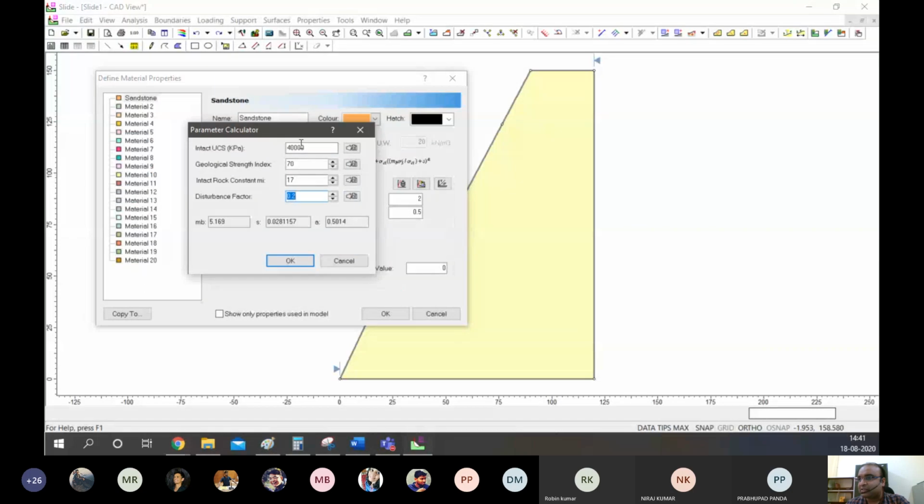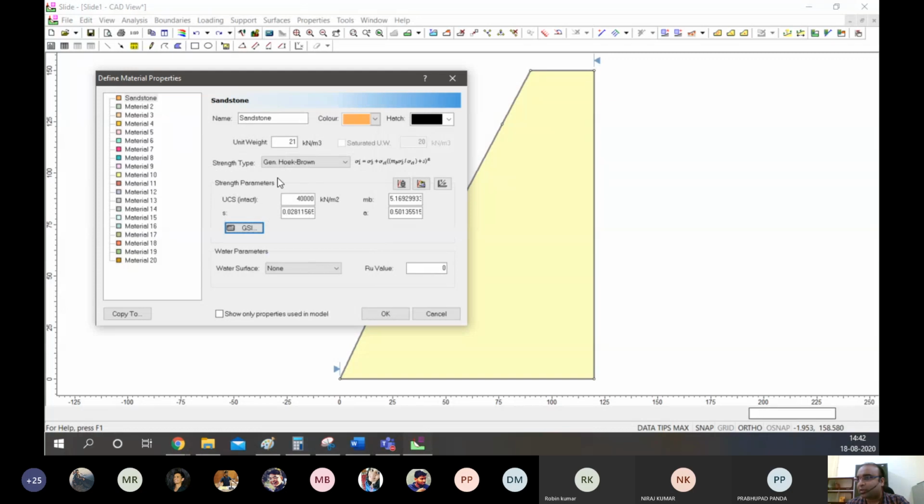And that's it. On the basis of these four, it basically calculates mb, s, and a. So these are the parameters required for our generalized Hoek and Brown. Now, please do understand these are not foolproof methods, right?